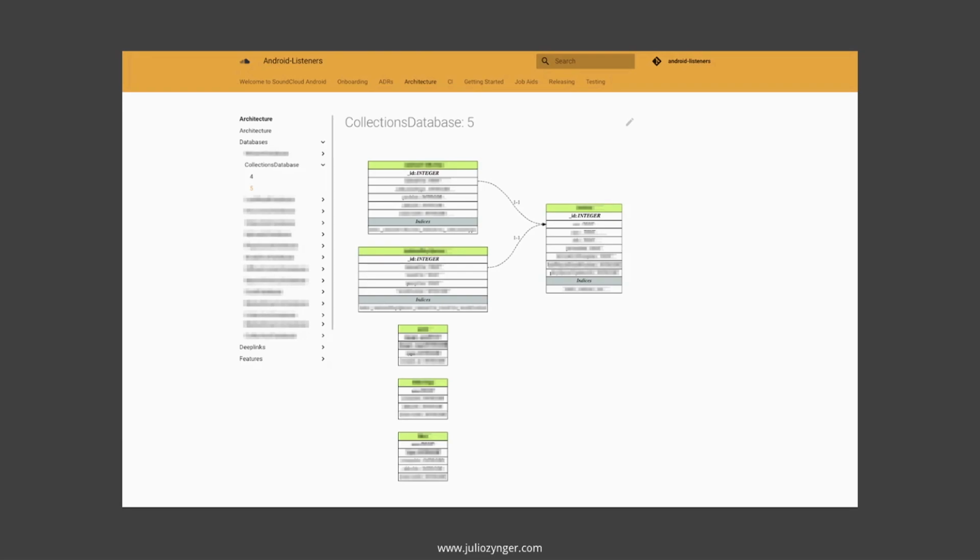You don't really need to be an engineer, or even if you are an engineer, you don't need to have the SoundCloud Android app checked out on your laptop or your computer to be able to see how the schemas look. This is especially interesting for, for instance, our security team, who is doing constant audits on how our data structure is organized,